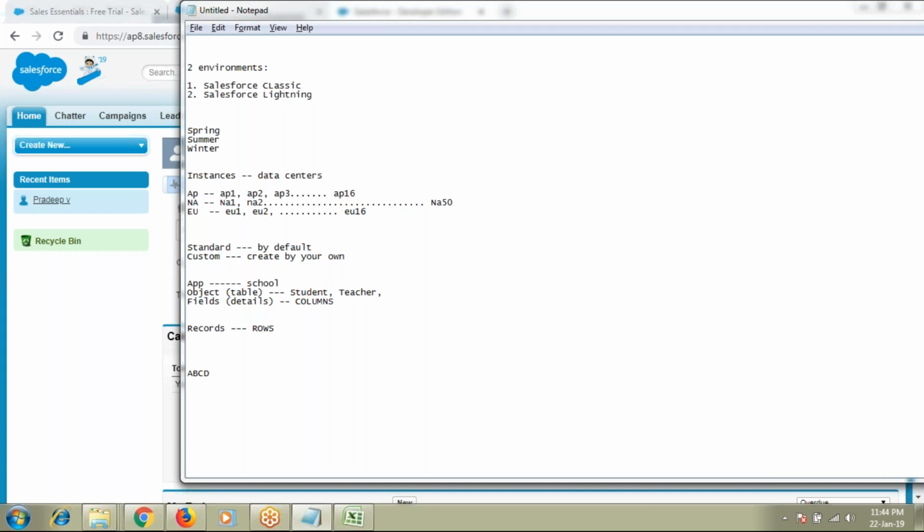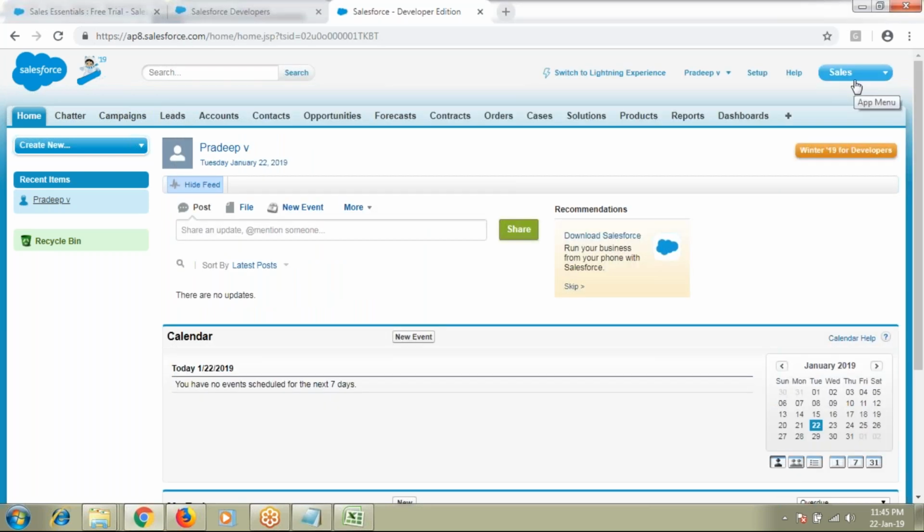When it is a product based company, they will be getting the customers. Now this product based company's sales department users have to sell the products to the customers. Once they sell the products to the customers, they have to capture the customers' details in the CRM platform called Salesforce. Okay, which is called your sales application, how you do the sales to the customers.